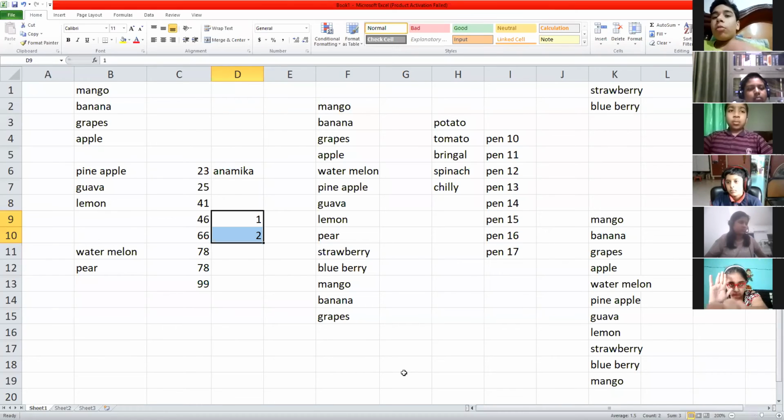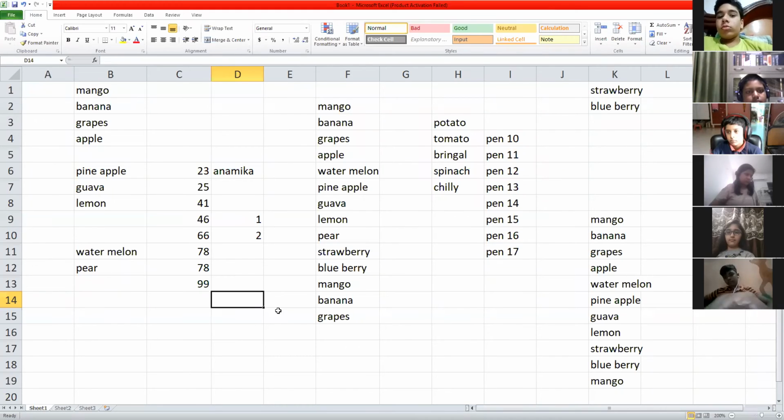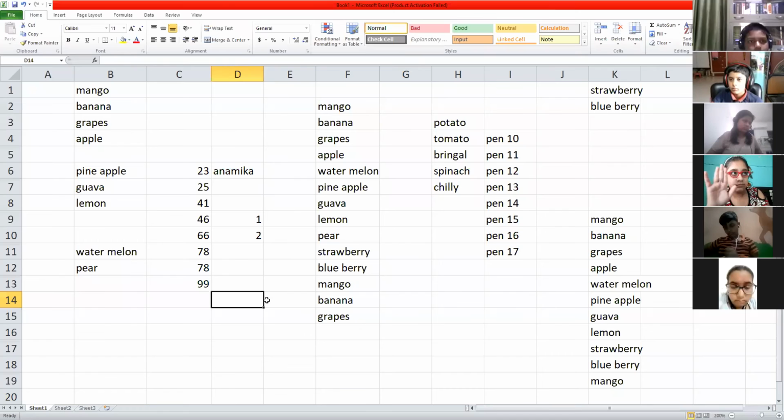Okay, ma'am. Thank you, ma'am. You can see that as soon as a cell is selected, there are so many things. My cursor is in this way, a white square. When I take my mouse pointer to this particular area, the black color square, then it becomes a black color plus sign.